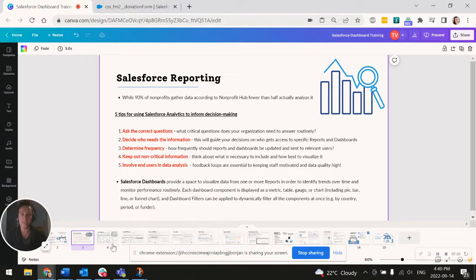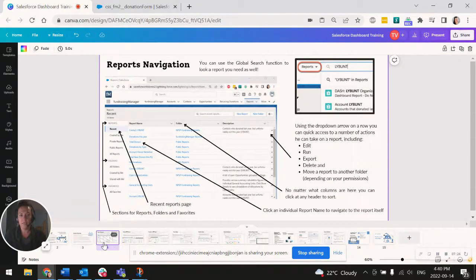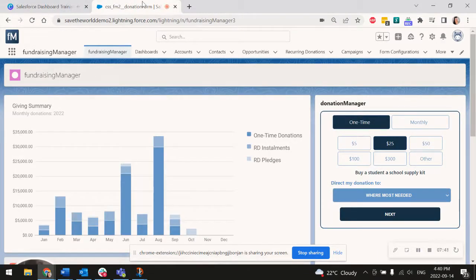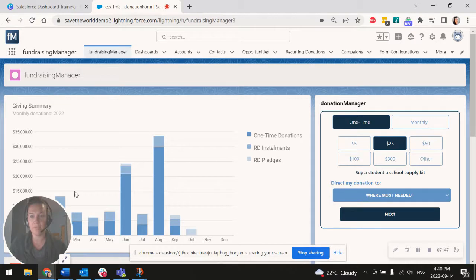Okay, so going to move in a little bit, and I think what I'm going to do is switch back and forth between the demo org and my slides. So sorry, it's going to be a little bit of a mix of both, but first and foremost, just a few housekeeping items. So first of all, if you, for some reason, don't see dashboards here,